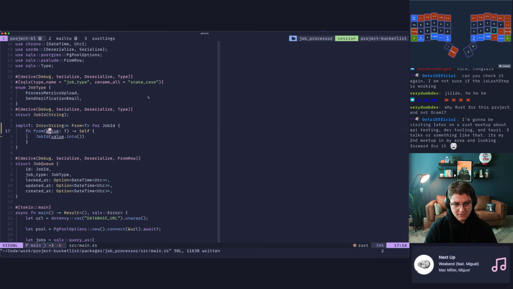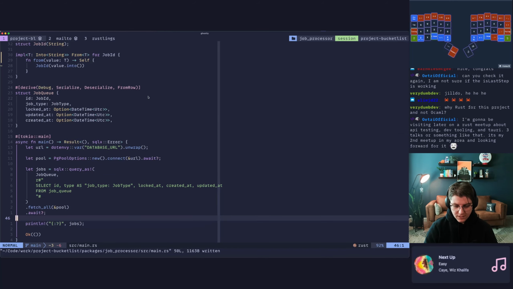And then we get a value that is of that type T. And then we can call value.into, which will convert it to a string. Boom. That's pretty nifty. Don't you think, chat?